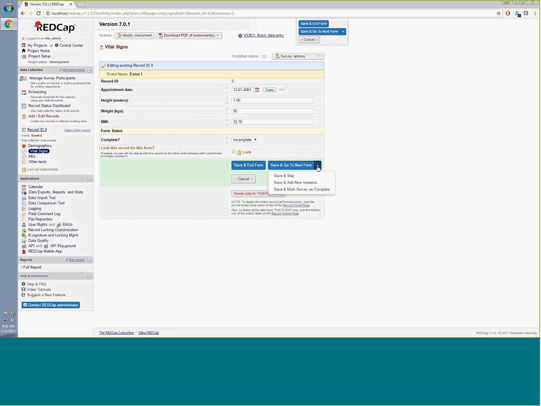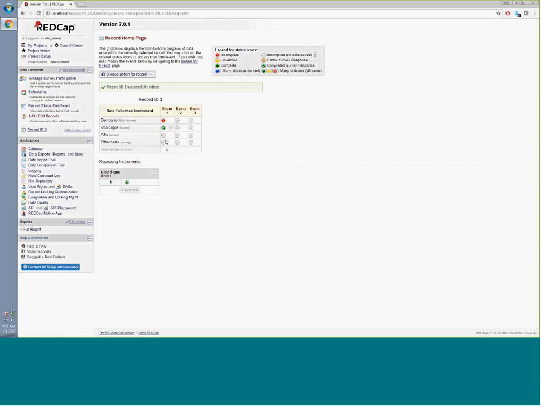What I'm going to do here is save and stay, or let's mark complete instead. So see here, demographics, which I filled out, and then the vital signs, that I filled out right now, and then has a